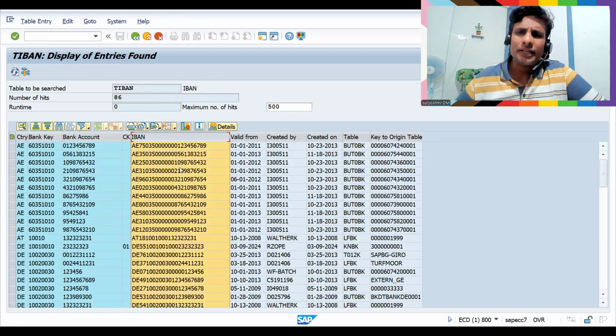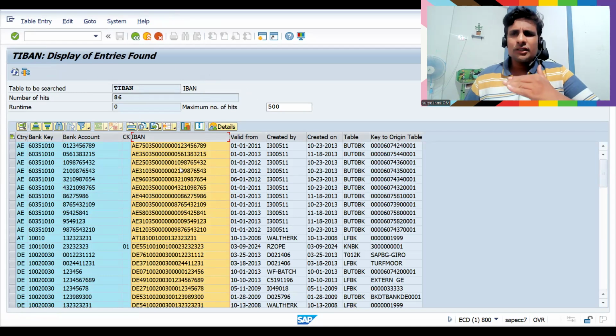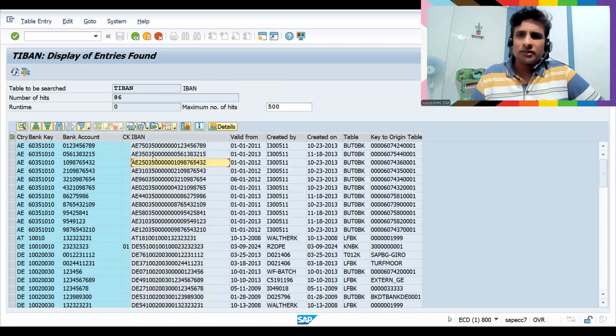What is the advantage of IBAN actually? This is basically to reduce the risk when you do purchase and sales activities. The combination of your IBAN and in bank, there is something called a SWIFT key. These two are more important to do the transactions. So what is a SWIFT key? If you ask any bank person, they will explain, that is a different story. The current topic is IBAN. This is how your IBANs will be stored in this table.